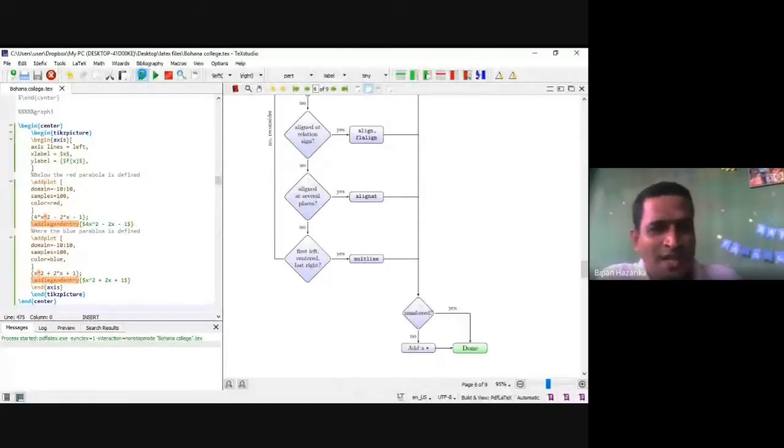So one graph is an odd power, other is an even power. So two different powers, different graphs you have seen now.